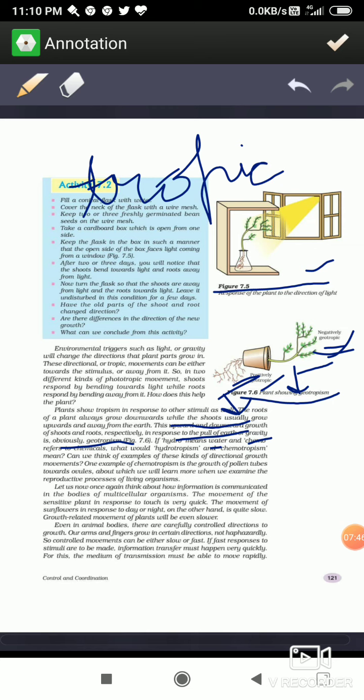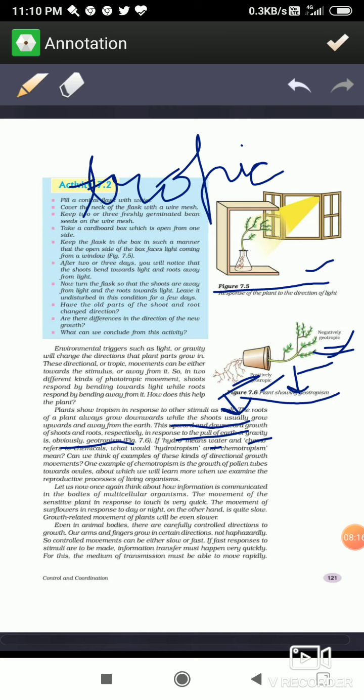You must have prepared sprouts. You must have seen, like if you place those seeds inside a wet cloth, you will be observing that when sprouting will take place, the white portion of those sprouts will come out from the cloth. That is just because of in search of water. So पानी के लिए वो जो sprouts का white part है वो आपके cloth से बाहर निकलना शुरू हो जाता है. That is showing hydrotropism.